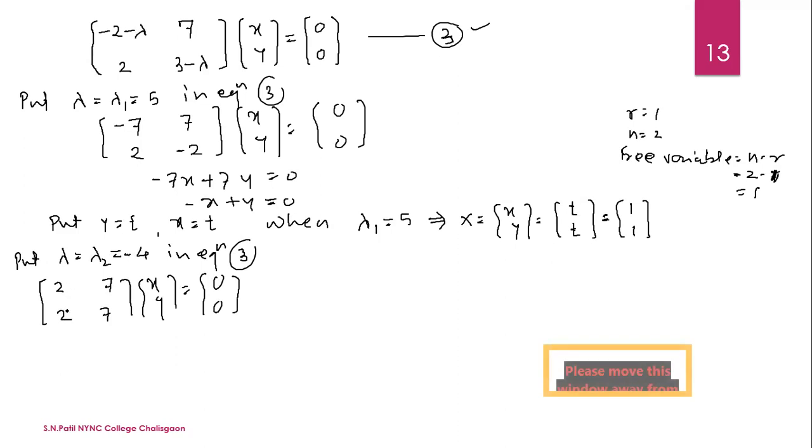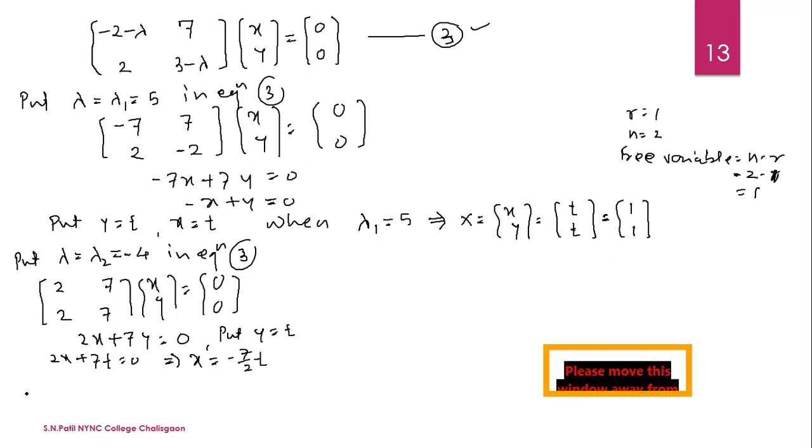So we get again the same identical rows. So consider any one, that is 2x + 7y is equal to 0. Put y is equal to t. Again we use the same. Here the rank of this matrix is 1, and the number of variables is 2, so there exists 1 free variable. We put y is equal to t. Then x is equal to -7t and 2 is divided.